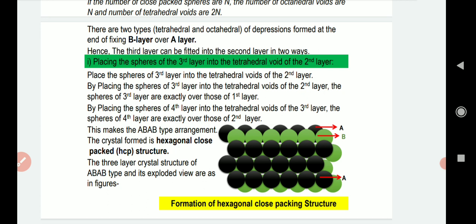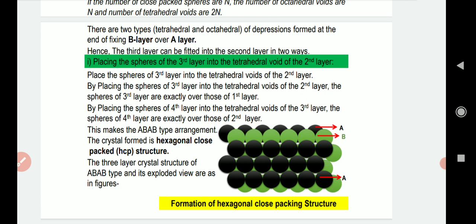Place कुठे करायचे spheres आपल्याला? On the tetrahedral voids. आता सेकंड लेअर चे पण टेट्राहेड्रल वॉइड्स क्रिएट झाले, त्याच्यावरती परत तुम्ही एक स्फिअर प्लेस करा. असे वॉइड्स जनरेट होणार by creating one above the other. Keep on placing. But कुठे प्लेस करायचे आपल्याला? On 3 spheres, you place the upper 4th sphere. Like that, you can try this with the help of balls.